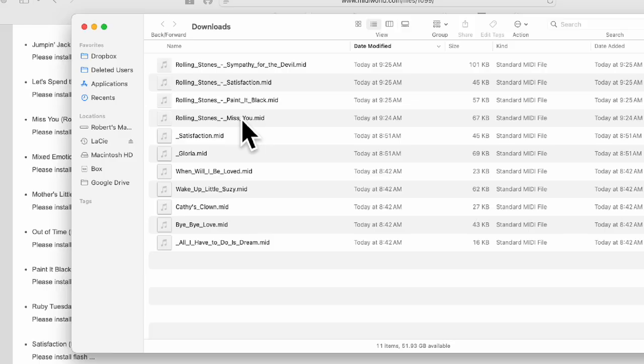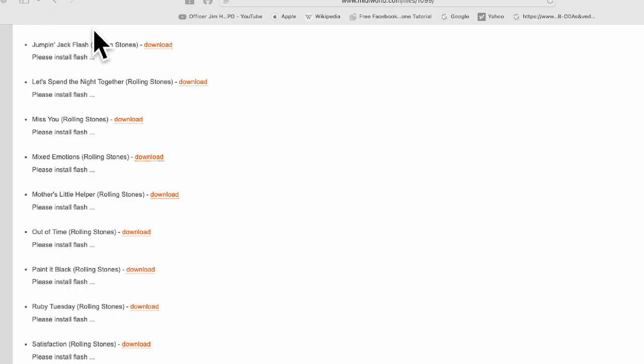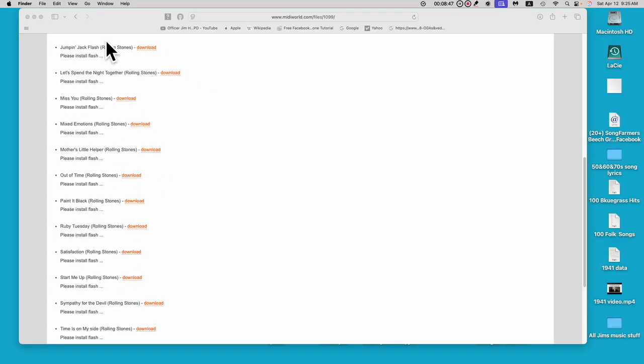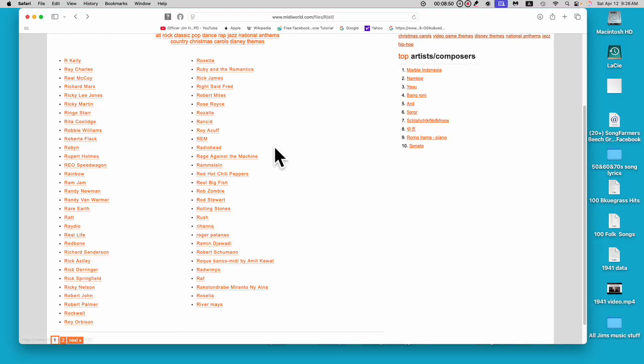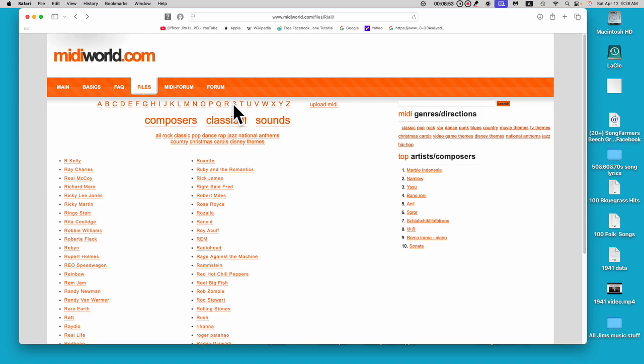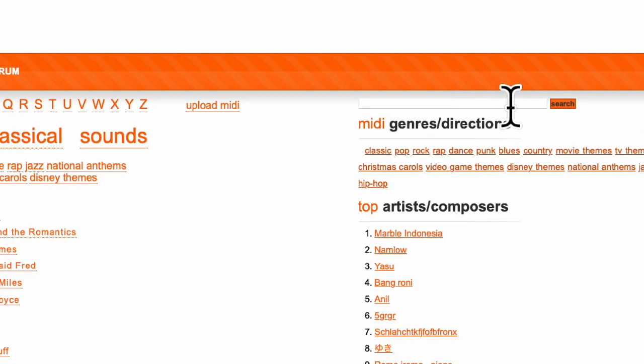So now you know you can go into MIDIWorld.com and you can find a song by looking through the alphabetical list of who the singer or the performer is. But there's also an easier way. Look over here. Let me zoom in so you can see this. This is a search box. And all I have to do is type in the name of the song I want, or I could type in the artist. For example, I'm going to type in the Beatles,